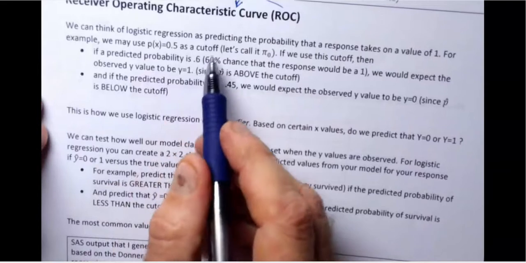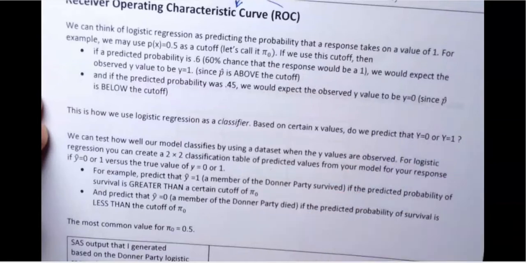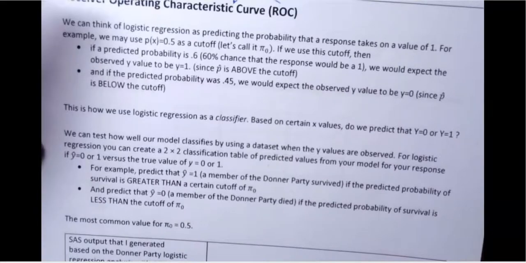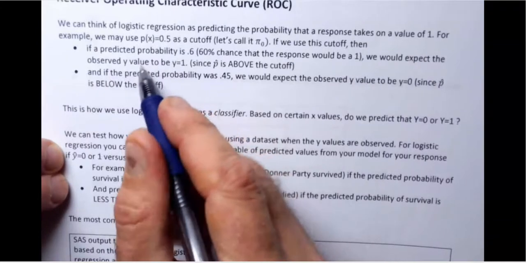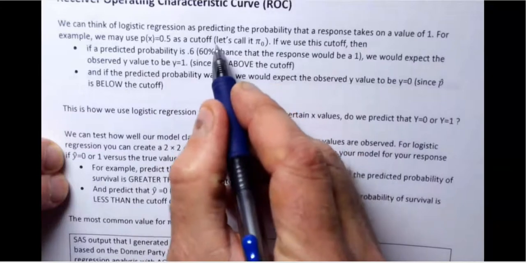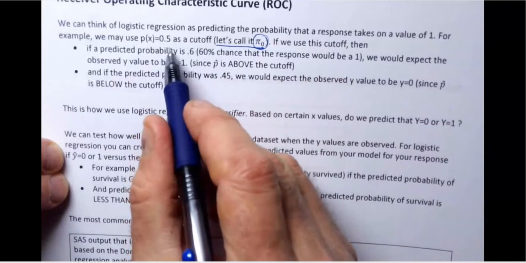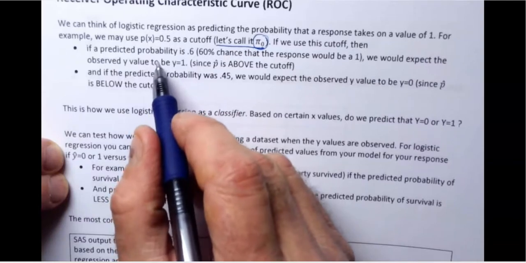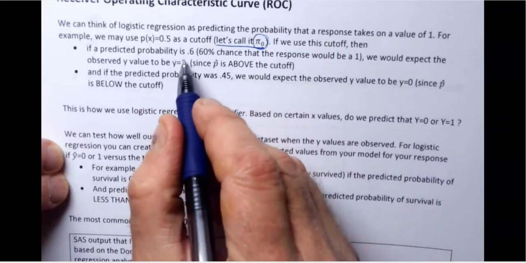So logistic regression can predict the probability that a response takes on the value of 1. And we can use the predicted probabilities that we get out of logistic regression to classify our observations, or to classify future observations. So for example, and I'm going to call the cutoff value pi sub 0, if we use pi sub 0 equals 0.5 as the cutoff, and we look at our predicted probabilities, if we see a predicted probability that's bigger than 0.5, say it's 0.6,